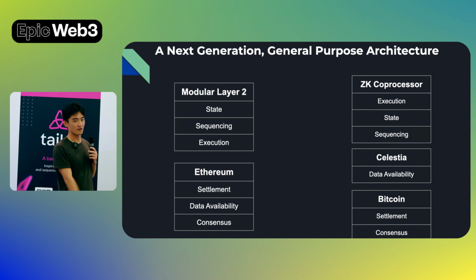What we've seen over the past 2 years is with the advent of Celestia, DA has been split off. And with really recent innovations in BitVM and the Bitcoin space, people are starting to build native ZK Bitcoin bridges. So we can basically move settlements, we can move data availability away from Ethereum, producing a bit more modularity.